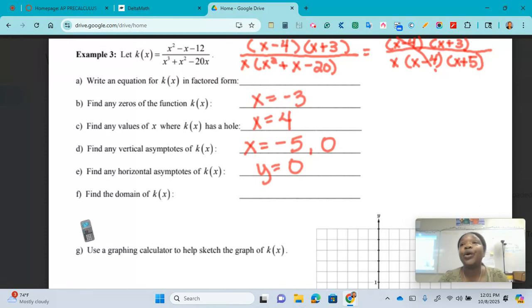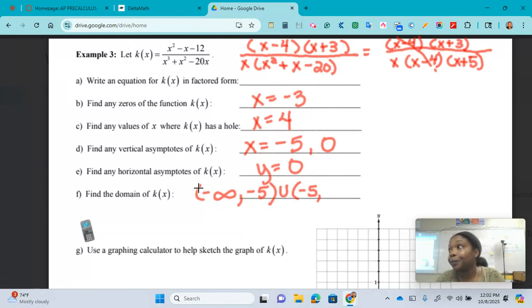All right, and now we're going to go ahead and do our domains. Remember, when we're doing our domains, we are not including the holes, and we're not including the vertical asymptotes. So we go from negative infinity to our first negative 5, and from negative 5 to